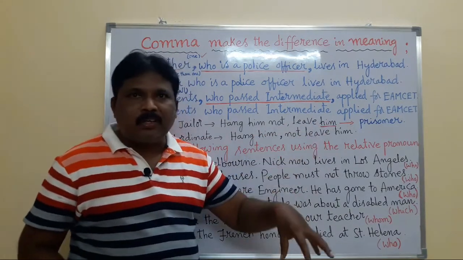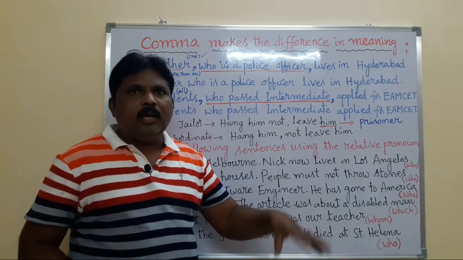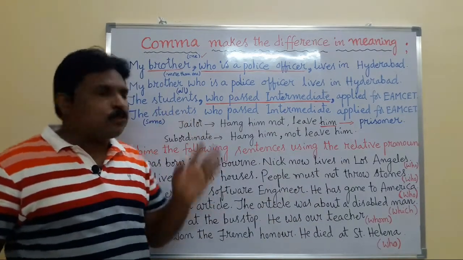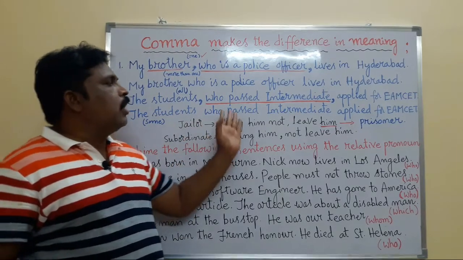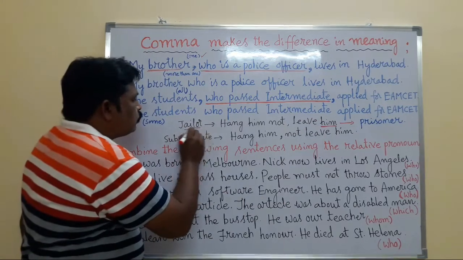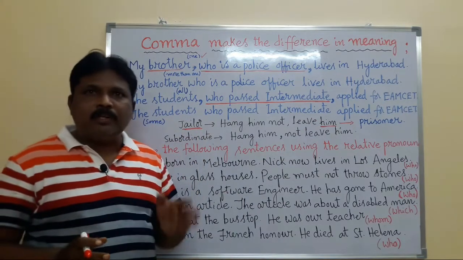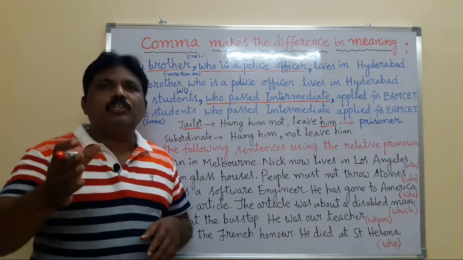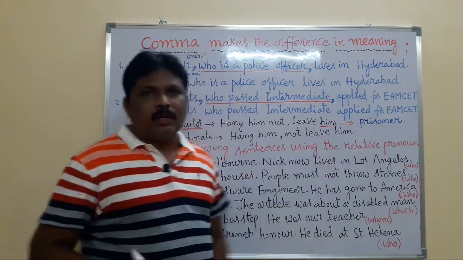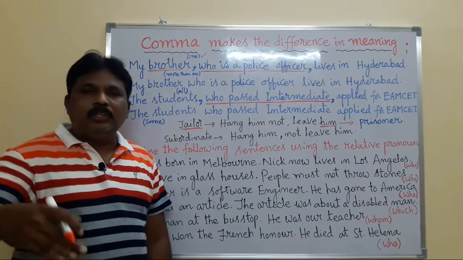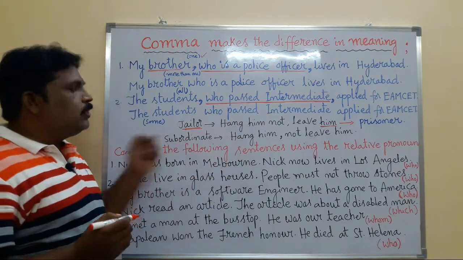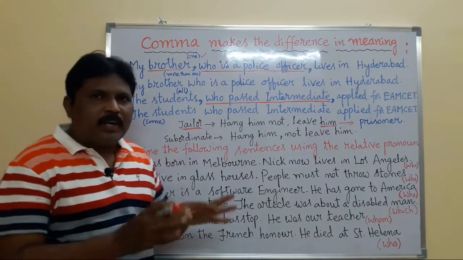There was a prisoner in the jail. About the prisoner, this jailer gave a message to his subordinate. The message was, hang him not, leave him. Here, jailer means, don't get confused, a person who is in charge of a jail, and here him means the prisoner, the accused. So this is the message he has given to his subordinate, and the subordinate has taken the message